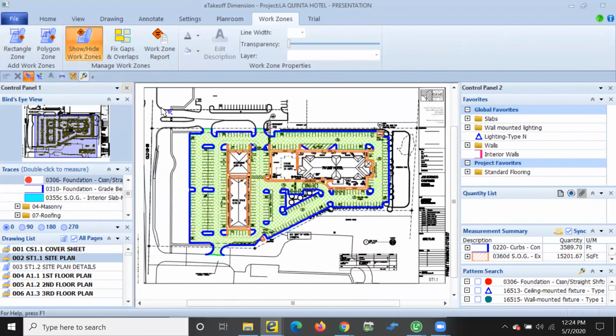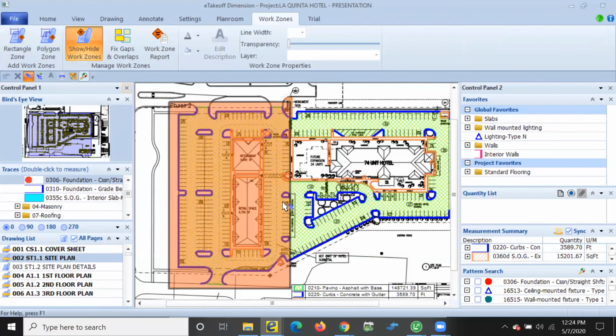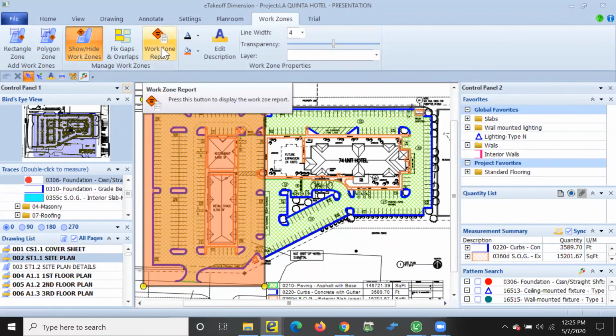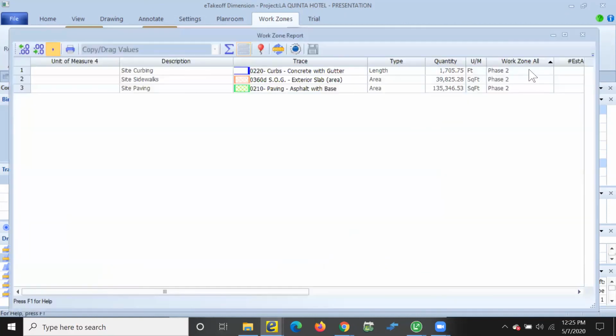So I've got a work zone, maybe phase 2 of this parking lot or this project. And that will allow me to have this work zone report, and I can review all of the takeoff that is specifically in phase 2. So it'll split it out for you.